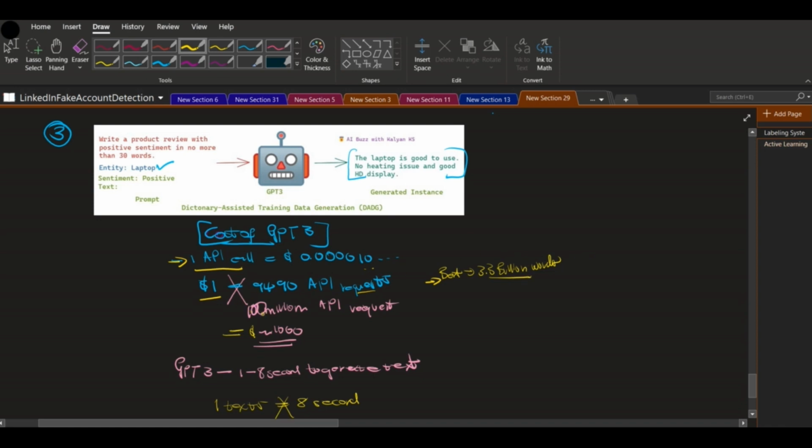So I'm just going to say, okay, we want 100 million texts for our labels. This can actually cost us something like $1,000, if we want 100 million texts that are labeled from GPT. Maybe this $1,000 is not bad, but what's bad is